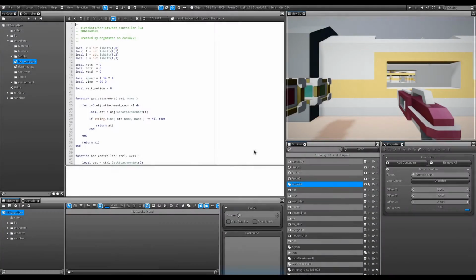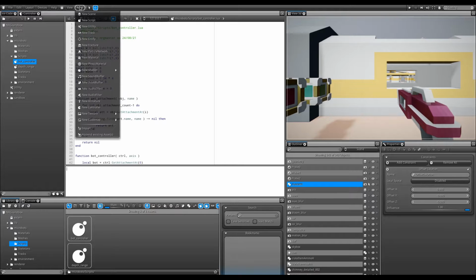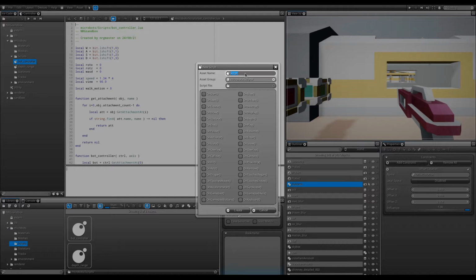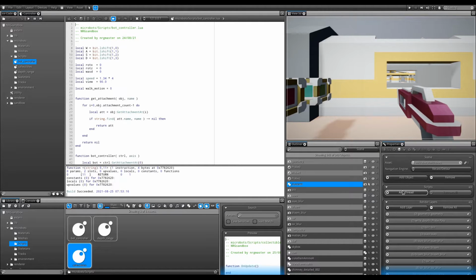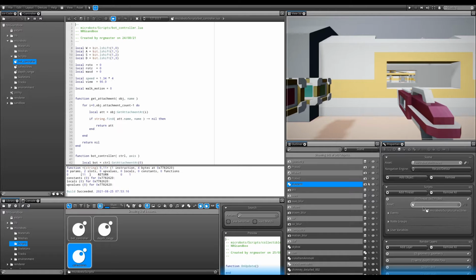Let's now implement the logic behind the crates. So the first thing we're going to do, we're going to go under MicroBots and Scripts, and create a new asset of the type script that we're going to call collectibles. And collectibles will need an onUpdate event, and this collectible script will be attached to our MicroBots scene. So I'm going to go under Properties and Scene, add a new thread, open it up, and drag and drop